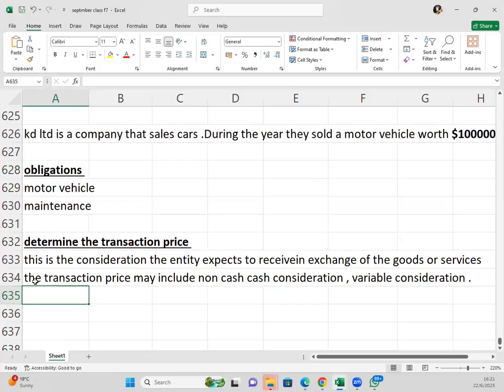What we may receive may be affected by factors such as discounts. So we consider the expected value, or the most likely amount, if the transaction price